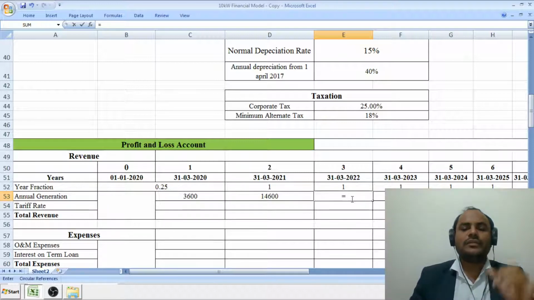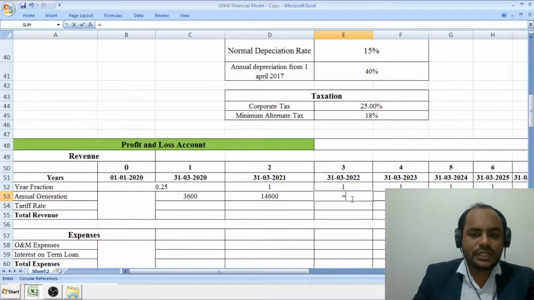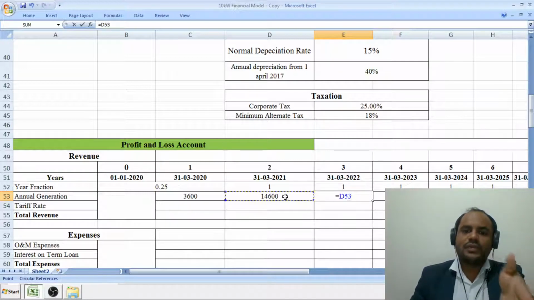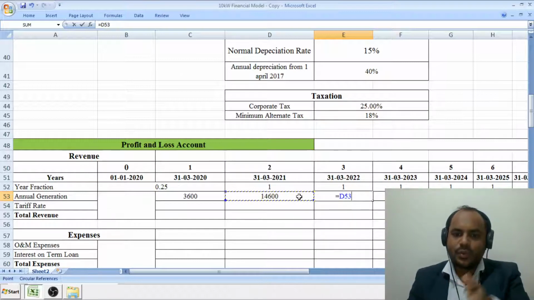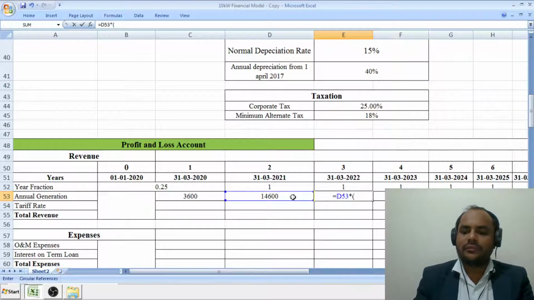So, formulating the formula for the subsequent derating of the annual energy yield generation, we have to write the formula over here. For that we have to take a reference of the last year. So we have to select this particular cell over here. So, equal to, select this particular cell, multiplied by, in a bracket we have to apply a logic that 1 minus,